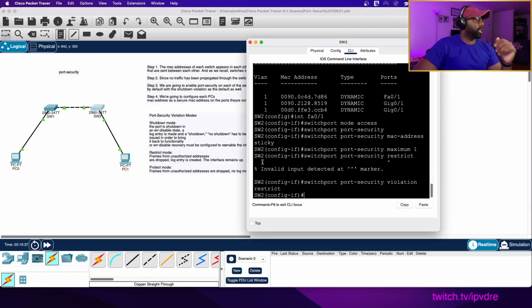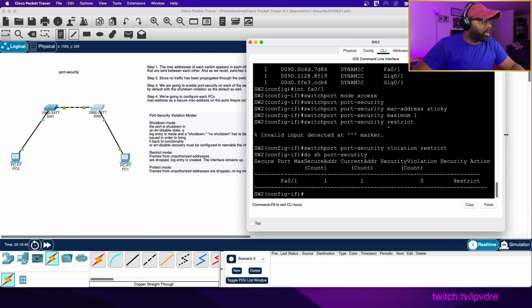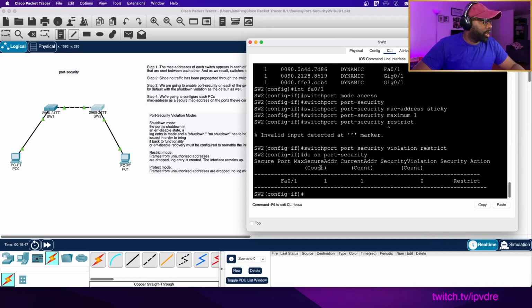Now let's look at this switch, do show port security. And then we see the maximum amount of secure addresses, 1. Current, 1. Security action, restrict. So we see it learned the MAC address through the sticky dynamic configuration that we put, right? And it learned it